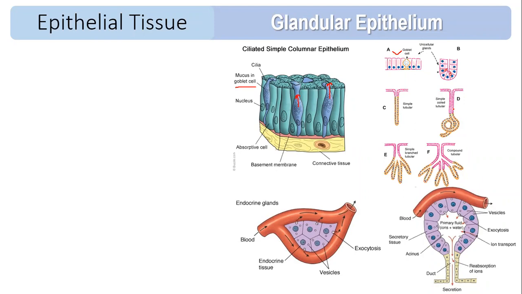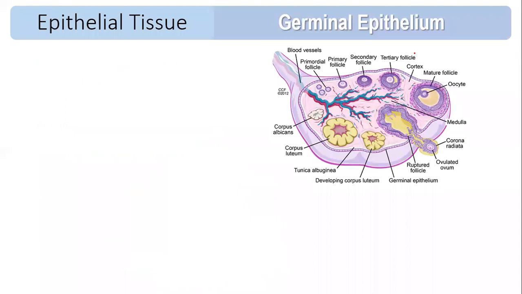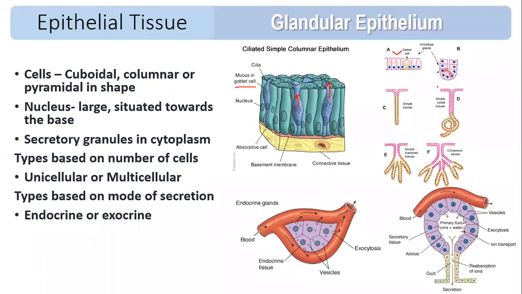Whereas exocrine gland, you can see they have the special duct. So you can see over here, the special ducts are present. Here you can see they are with duct. So they are the glands with the duct, and they are called exocrine gland. Liver is exocrine gland. Then salivary is exocrine gland. It has a duct. Pancreas has a duct. It is also exocrine gland.